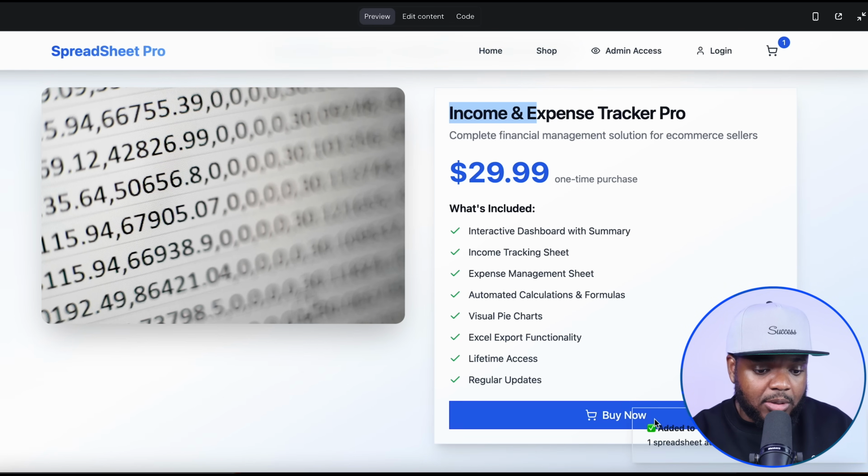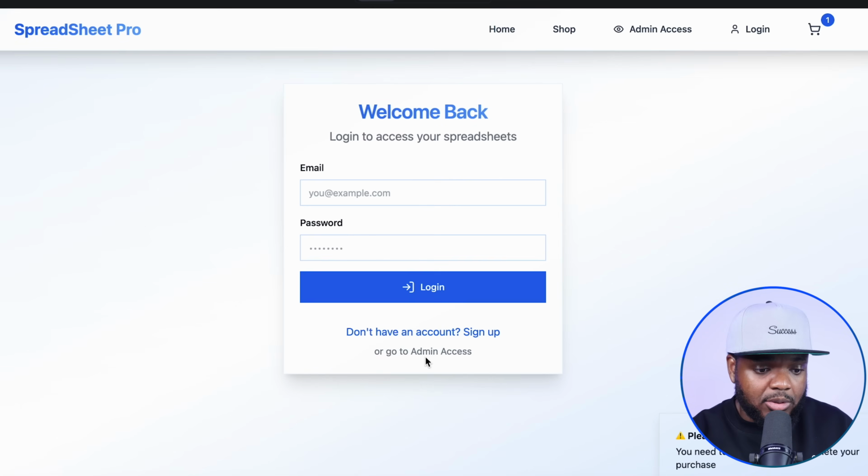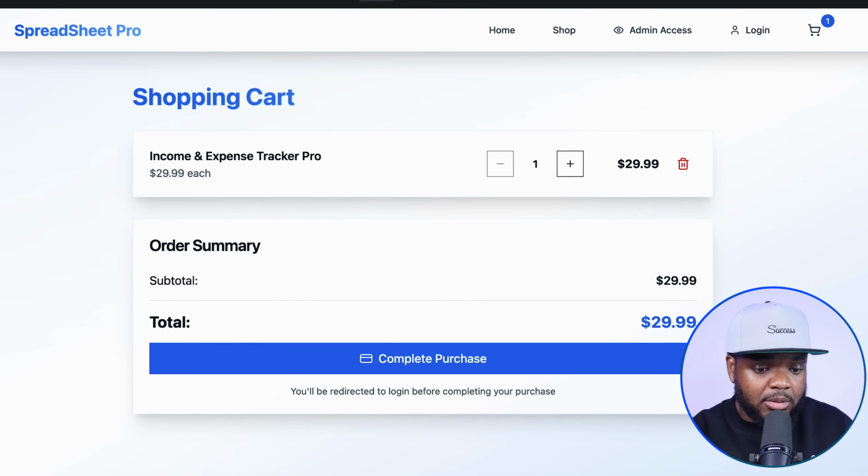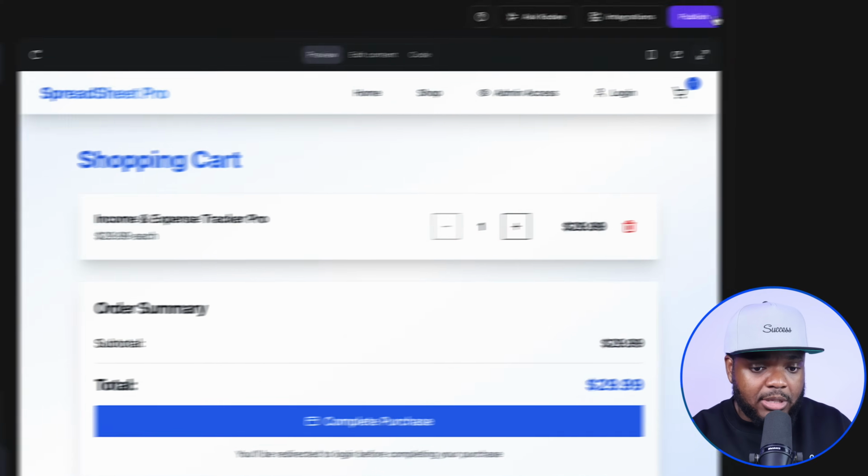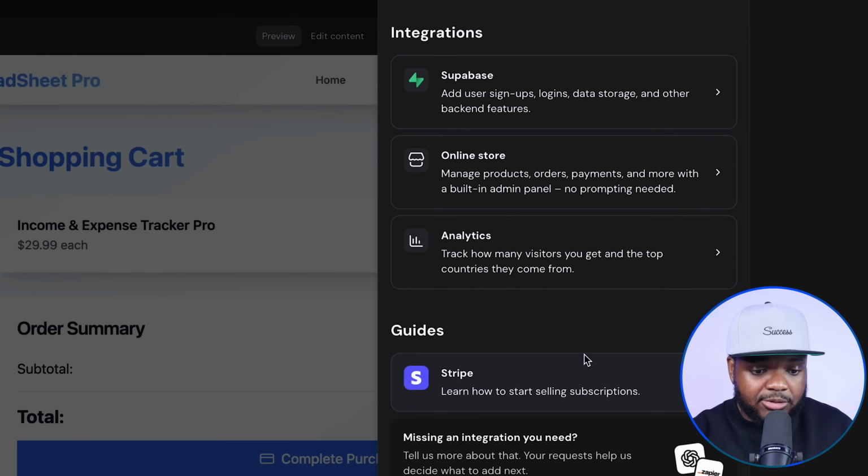If a customer clicks on buy now, they're going to be able to go over to their cart. They're going to be able to check out straight away, create an account, and make payment. And of course, I'm going to be able to integrate Stripe to this website for me to receive the money